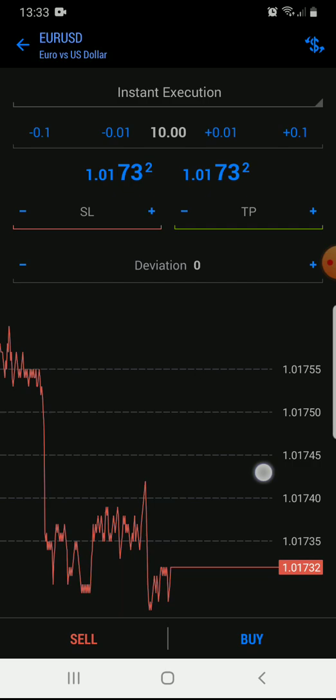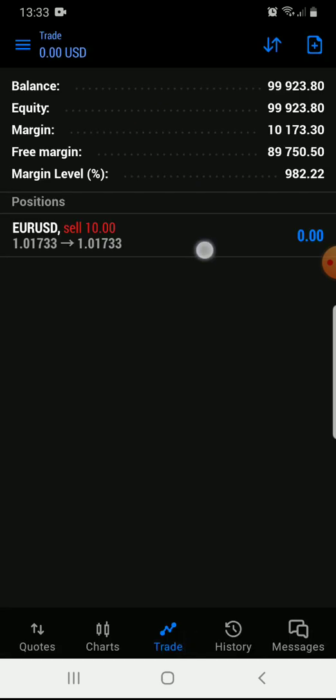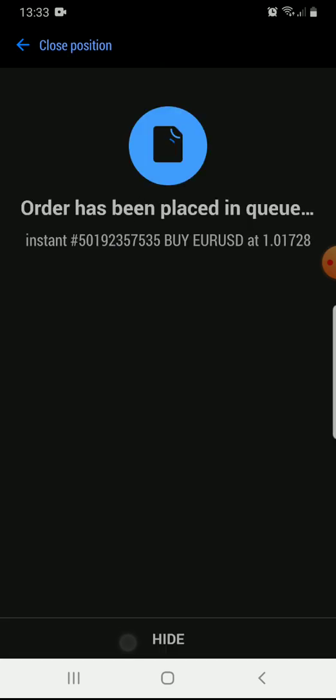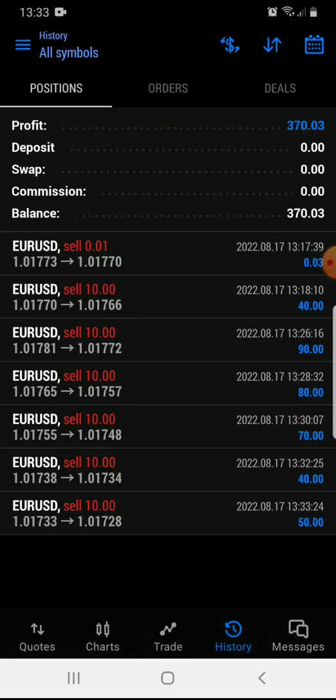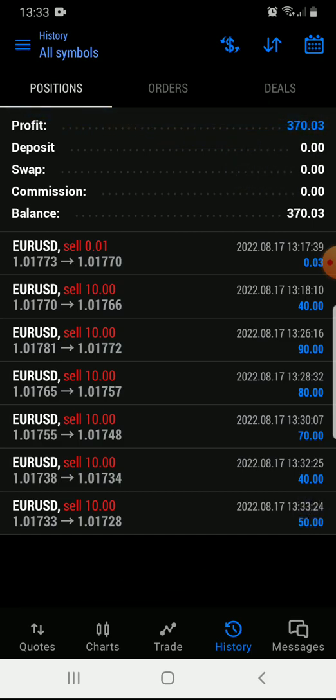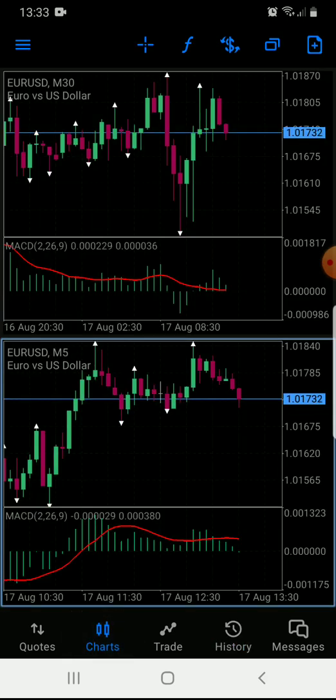It's trying to come back, just sell it from there. It's taking long to come back, just sell it. Okay, those are $50. Now you can see we are at $370. So we are heading for another trend that probably will put us in about